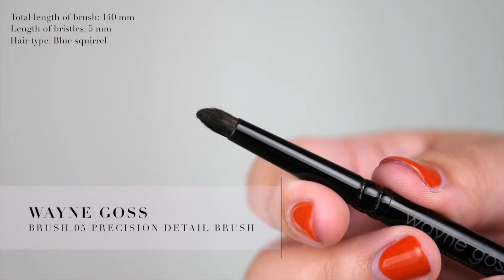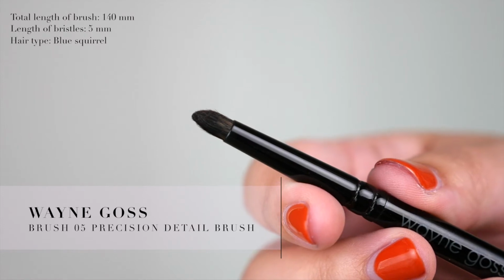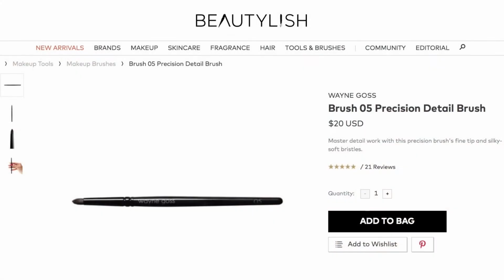So the next one I want to show is another Goss brush, and this is the number 5 brush. I got this in my Beautylish Lucky Bag 2016. Oh wow, it's a while ago. And this is just, for me, the softest smudger brush that I've owned, but it's good because it's soft but